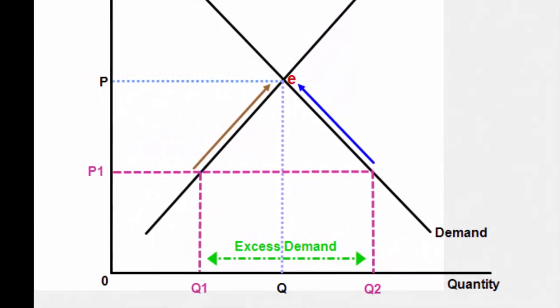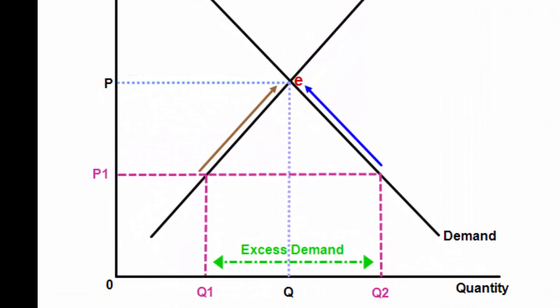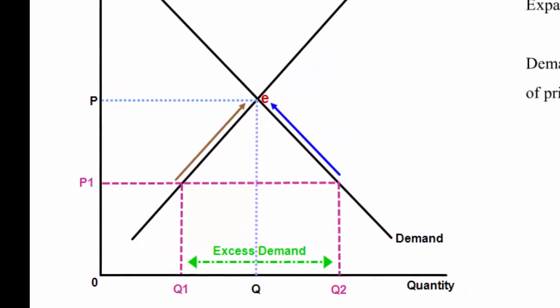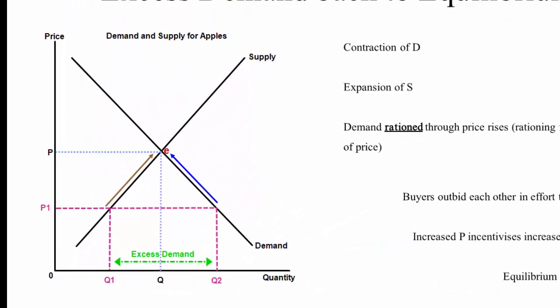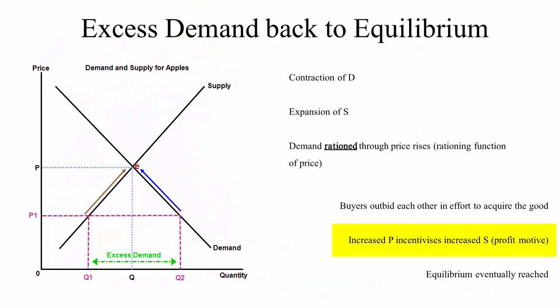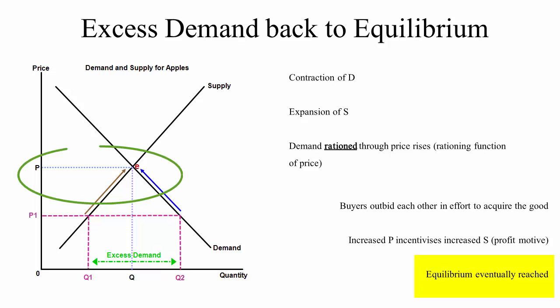This is one of the three functions of price which will be looked at in a separate video too. At the same time, this increase in price incentivizes suppliers to supply more because at higher prices, all other things equal, there will be increased levels of profit. And as this expansion of supply and contraction of demand occurs, the market eventually restores back to equilibrium at P